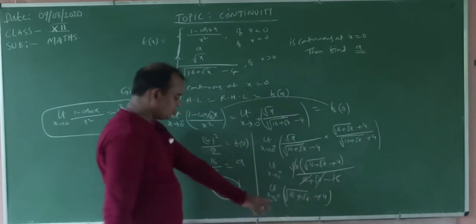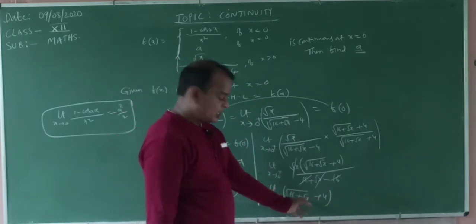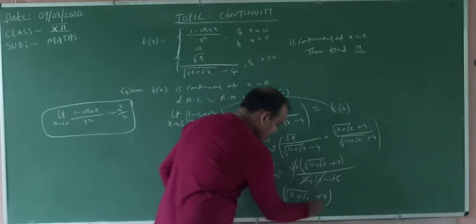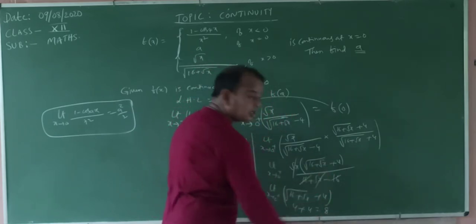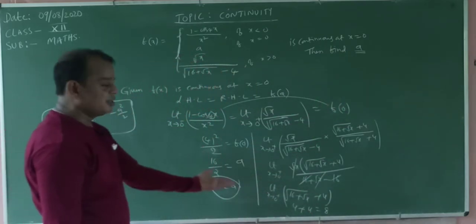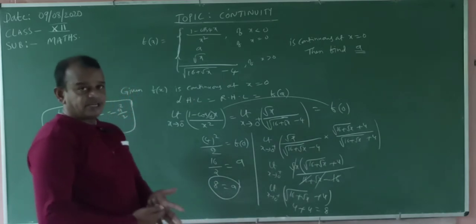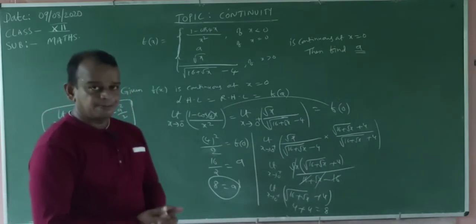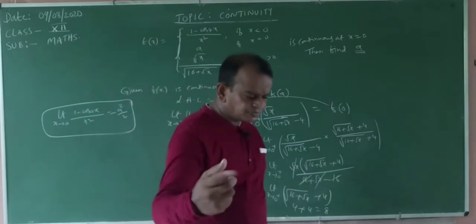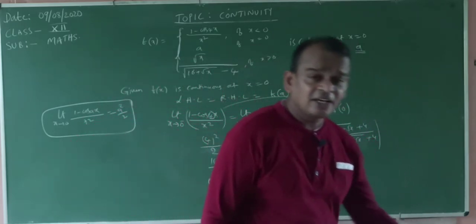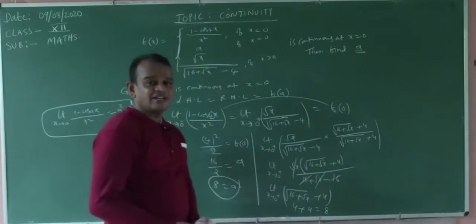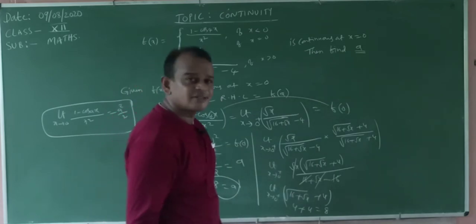Now, substitute the x value equal to 0. x value 0 means 0. Root of 16 means 4, plus the remaining 4. 4 plus 4, how much? 8. That is nothing but the RHL, which is nothing but f of 0. f of 0 means A. Therefore, LHL is 8, RHL is 8, so the function value equals A. Therefore, A value must be equal to how much? A value must be equal to 8. Okay. From this one and this one, A value is equal to 8. Simple, my dear students.